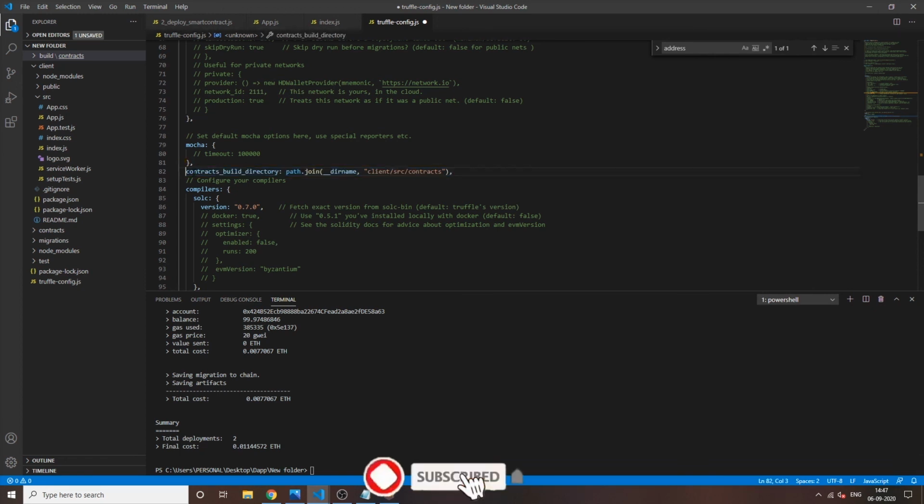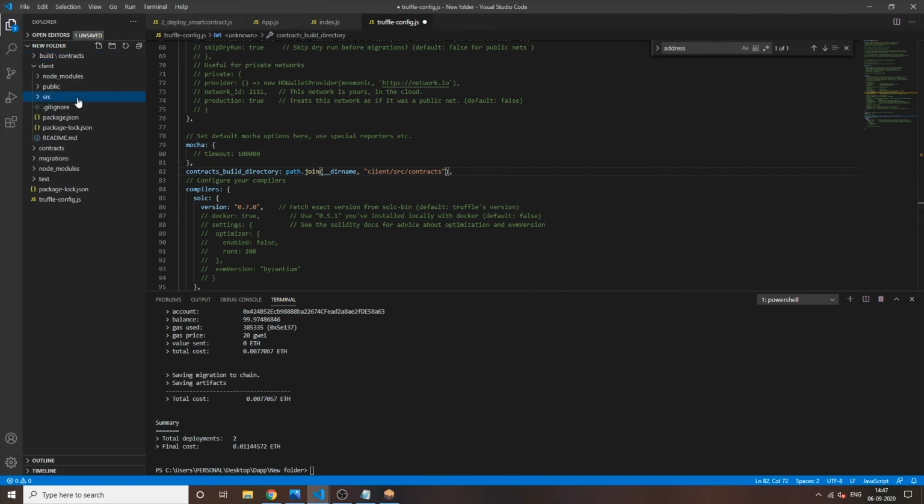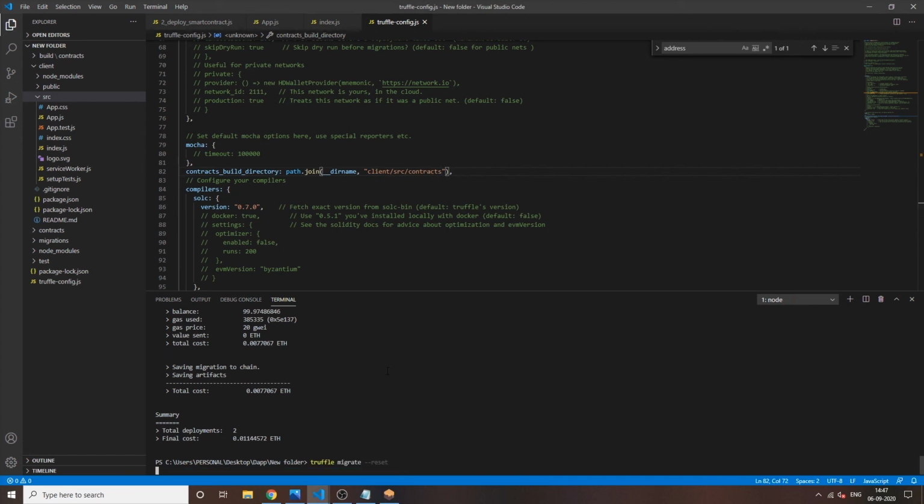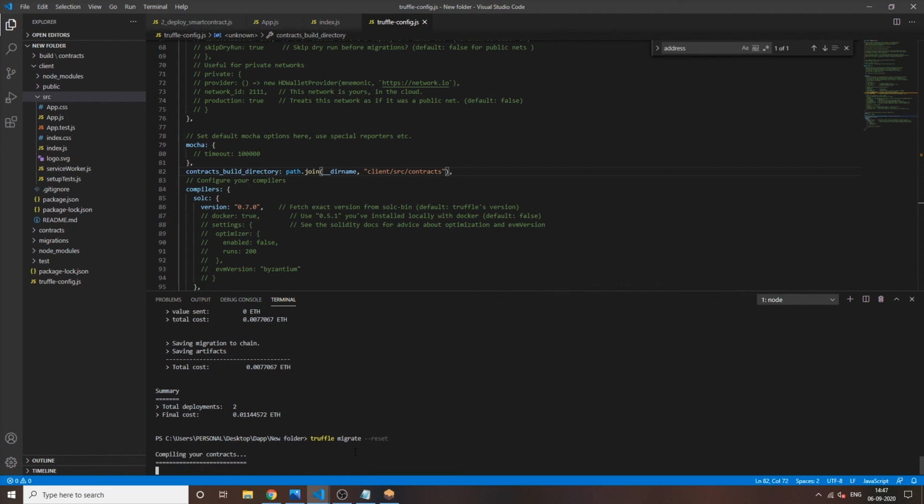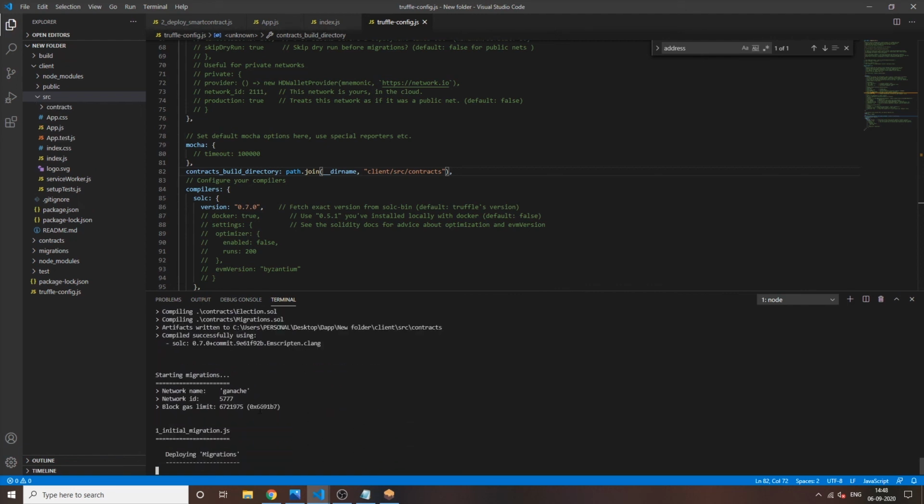So this line will make a folder of contracts in src in the React files, and our build files will be contained in that folder. I have defined the path client src contracts. Just save it, and we will run the command truffle migrate reset.